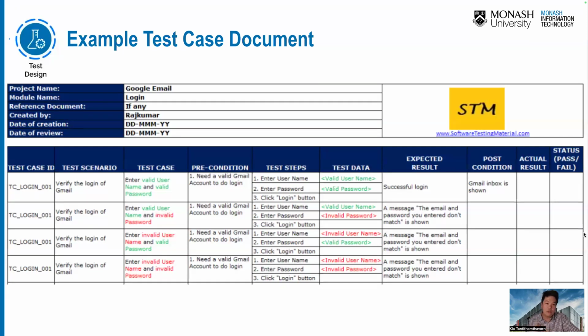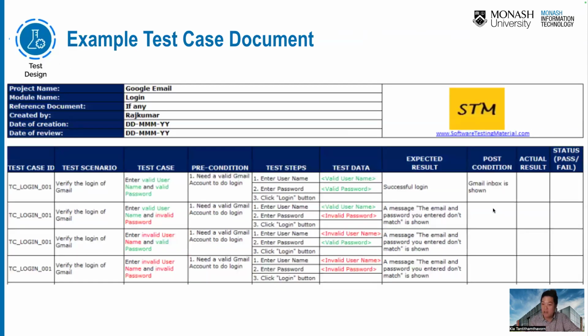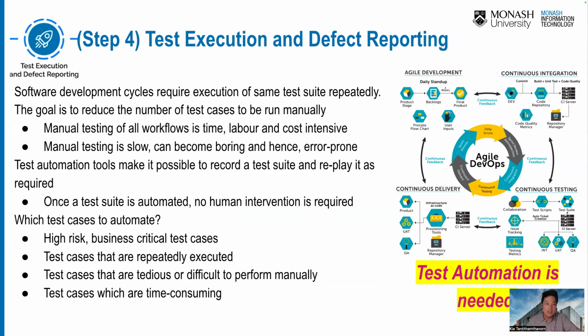Intuitively, we want to make sure that every test case that we design is passed. That means we develop the software correctly. The functionality is correct and it is completed as well. We develop the test case for every feature that we want to develop. Once you have developed the test case document, you need to execute the test case. Once you find a bug, you submit the defect report. But in real world software development projects,